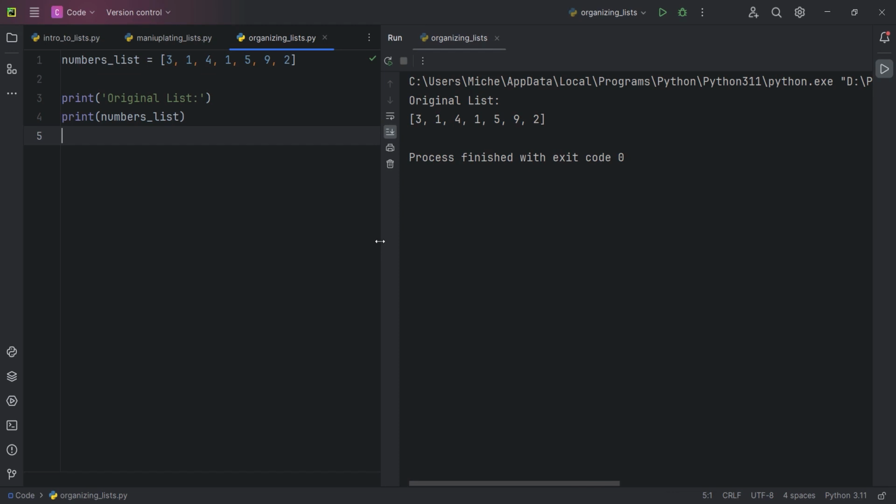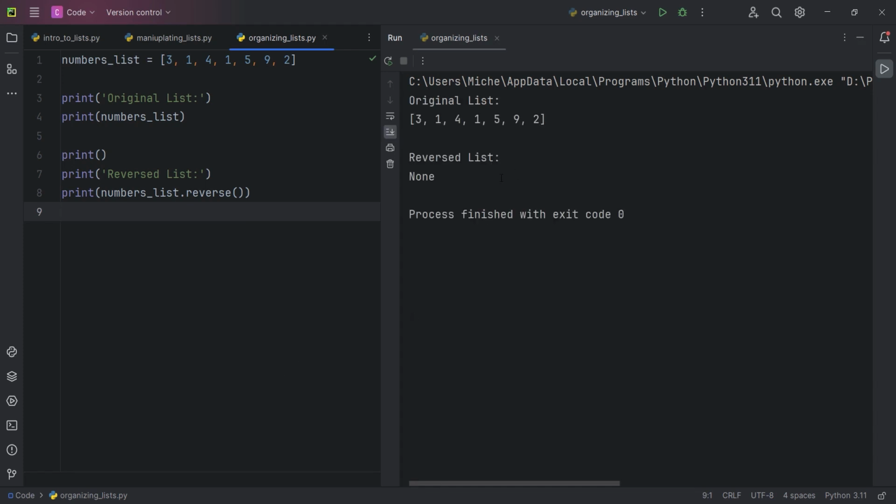Alright, so as you can see right here, we just have a normal original list that starts with 3, 1, 4, 1, 5, 9, 2. Nothing too special, square brackets, everything looks good. Now I'm going to reverse this list using the .reverse method. So as you can see, I use the dot reverse, so right click and run, and as you can see,